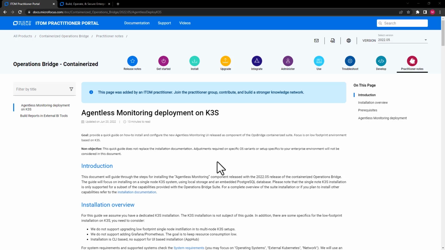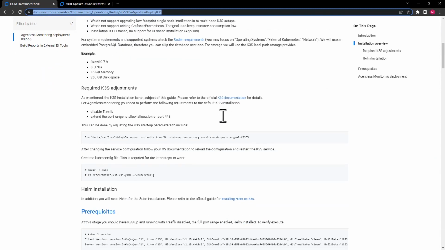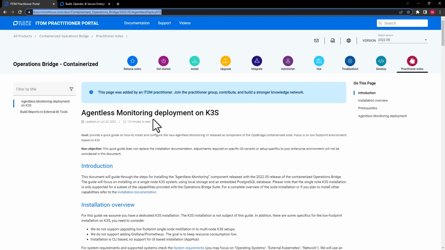We do have detailed steps and description of what needs to be done for this deployment in the practitioner guide on our docs.microfocus.com. So the link for the same is this. We do have this document which talks about the installation of agentless monitoring deployment on K3s. So this document is a detailed documentation of the various prerequisites that are required for the installation, then the installation steps, and also how we can get the agentless monitoring deployment, which is a part of the Optic containerized suite